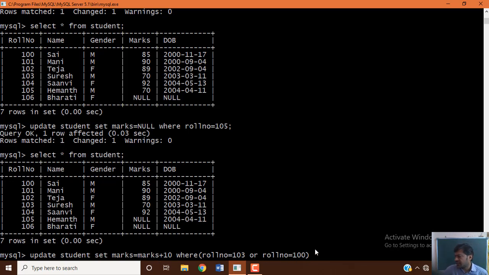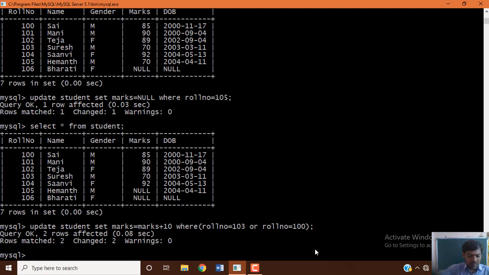The above statement shall increment the values of marks by 10 for all the records with the specified roll numbers, in this case 103 or 100. Let's execute the query and retrieve the data.